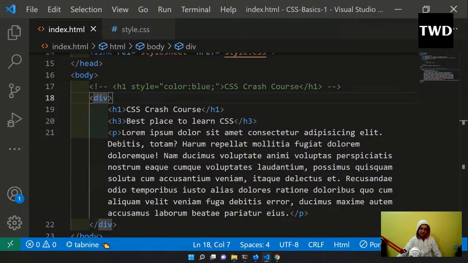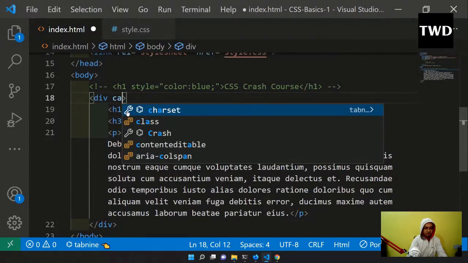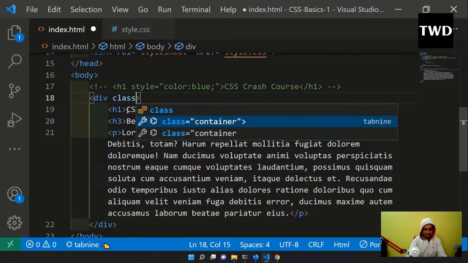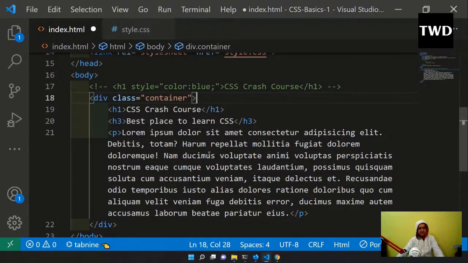So there are two things for that: classes and IDs. Both behave like the same thing, giving a unique name to any HTML element so that you can style it easily. But the difference is that a class you can assign to multiple elements. Suppose I take a class of container, which is a very common class. This class of container I can give at many other places also. But if I give an ID, I can use it only once. That container I have given,